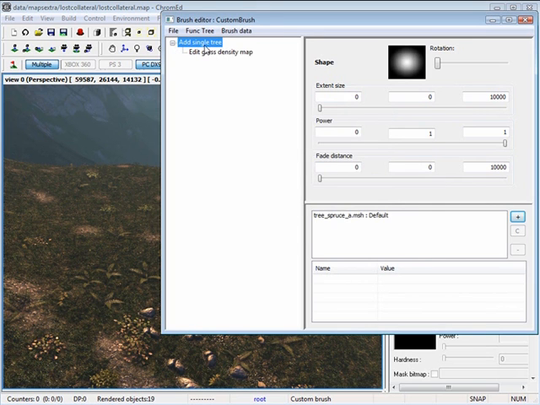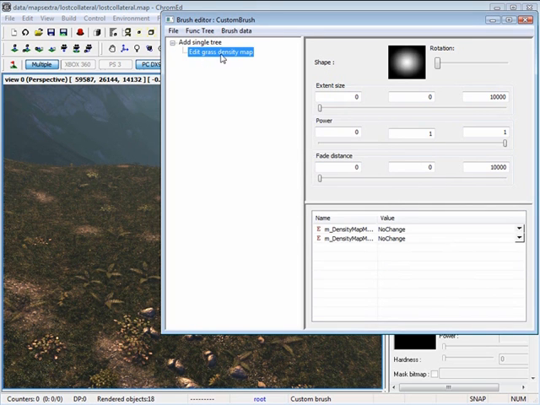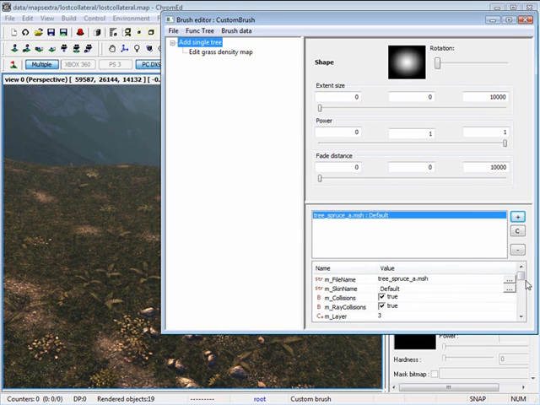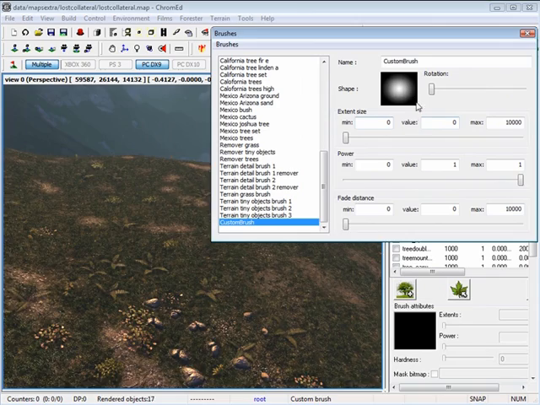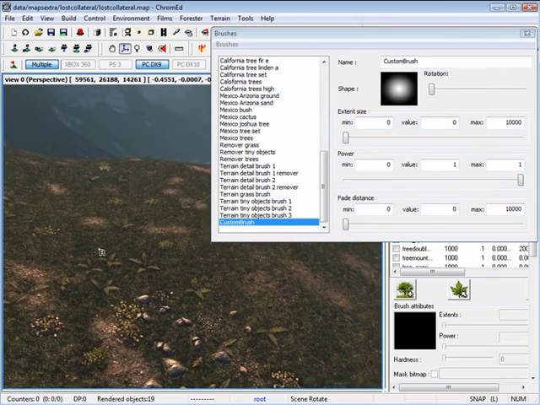Now if you open this up and navigate to edit grass density map, set both of these density map modes to set. Go back up to add single tree, and we have an option menu pop up here on the bottom. These are the properties for our new brush. It defines how our painted tree brush will look in our map. So if I go back out and paint on my terrain,